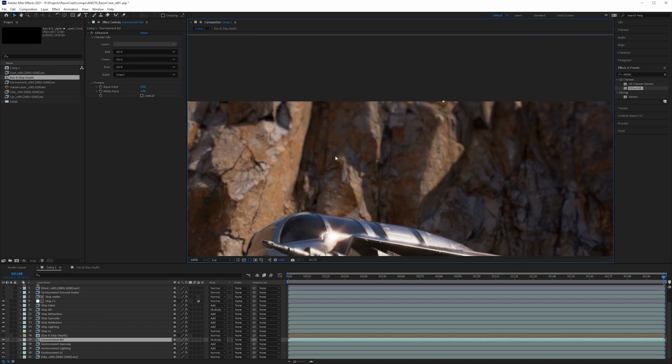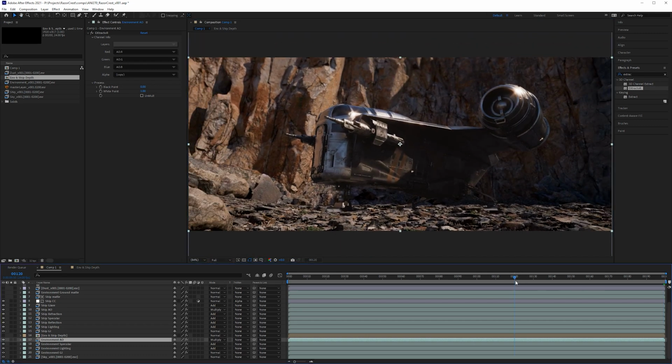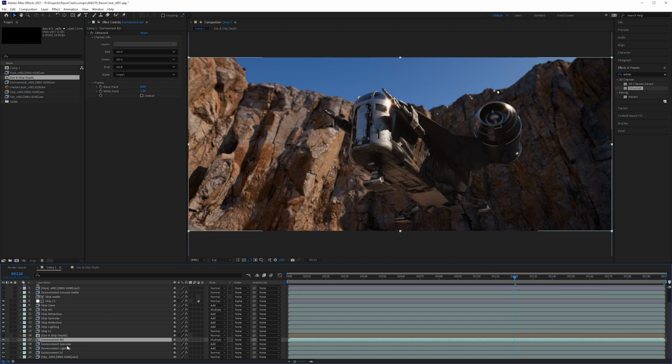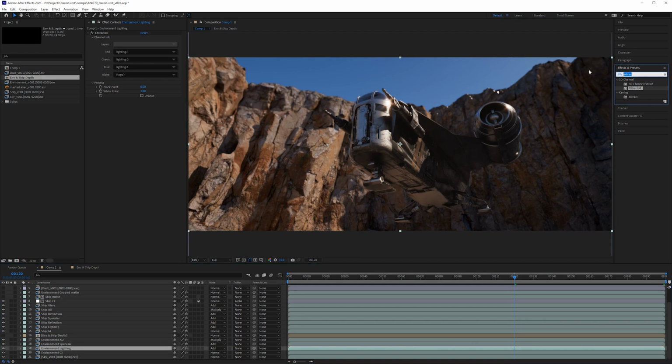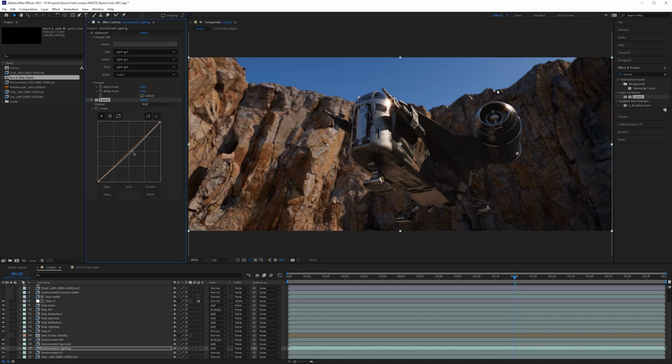And if we zoom in here, you can see that there is adding a little bit of shadow to the environment. So it's up to you if you want to include that. I'm going to include it, but I think for the most part, the environment is not as important to change, but it does allow you now, if you wanted to, use a curves or an exposure node or something and increase the direct lighting. You could do something like that if you wanted to. It kind of makes everything just have a little bit more depth to it. Personally though, I'm pretty happy with where it is, but if you decided later on that you wanted to make this more overcast, it'd be very easy just to drop down the direct light.